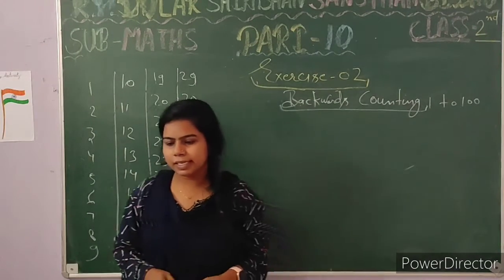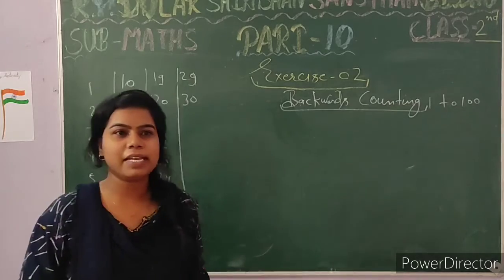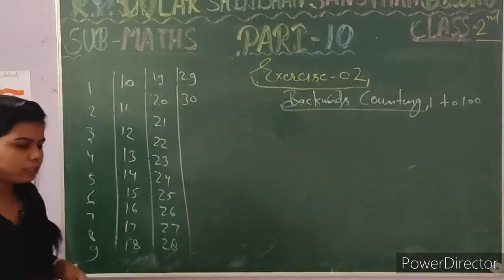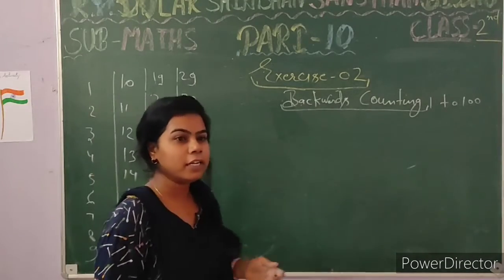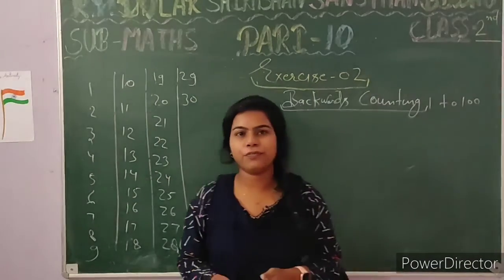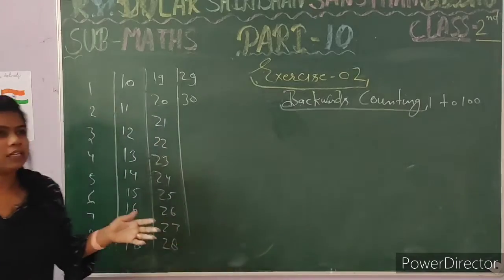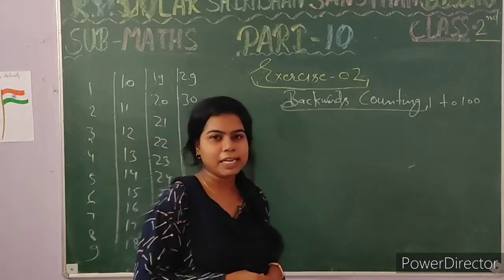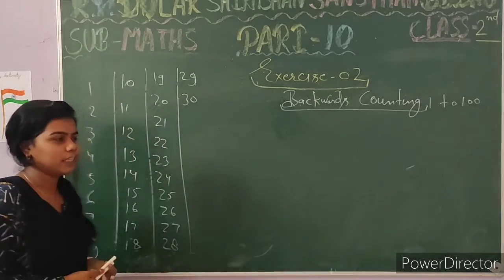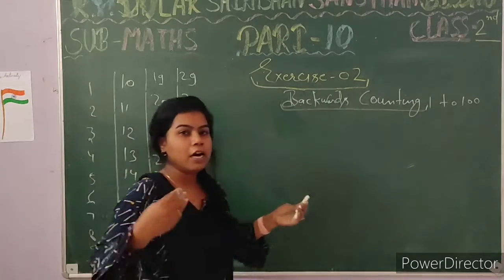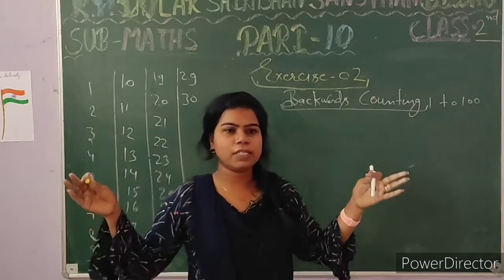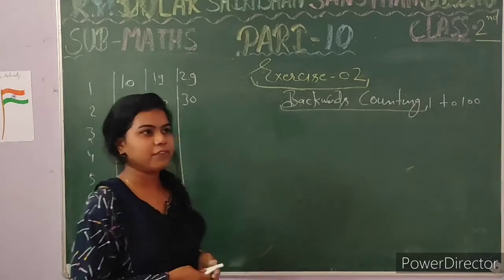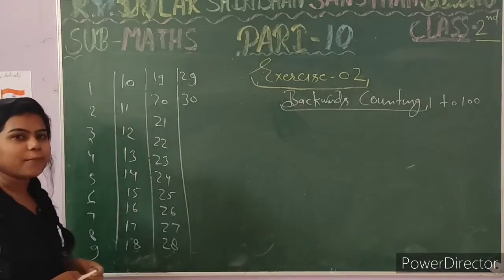Students, you can easily say that this type of counting is like the descending order. You know about the descending order from exercise first, starting part 3 and 4. I told you about the ascending and descending order also, how we say which one is ascending and which one is descending, and how we arrange the numbers in ascending and descending order. In exercise first we learned this type of questions.